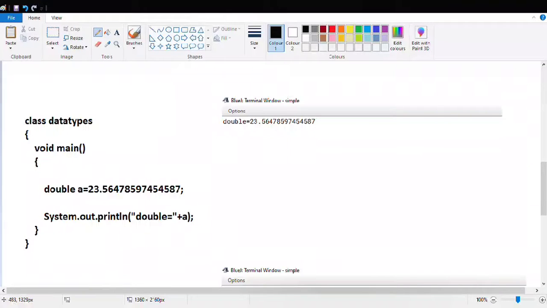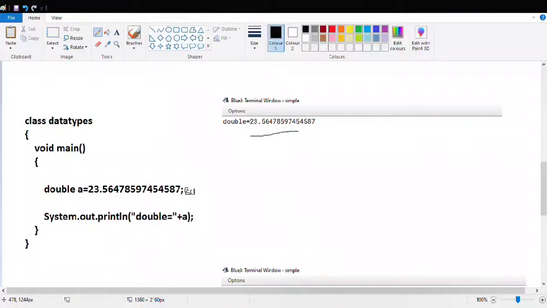But if I add some more digits to it, like 23 point this, and now I add some more digits like 8, 9, and then when I print it, these digits will not be printed and my output will be printed this much only. It will not print any further digits.